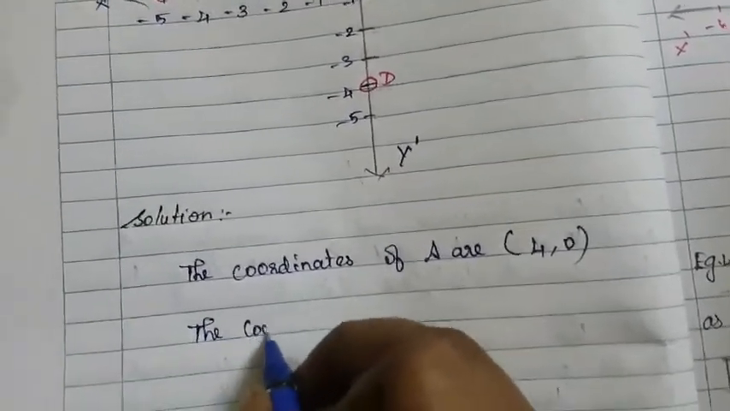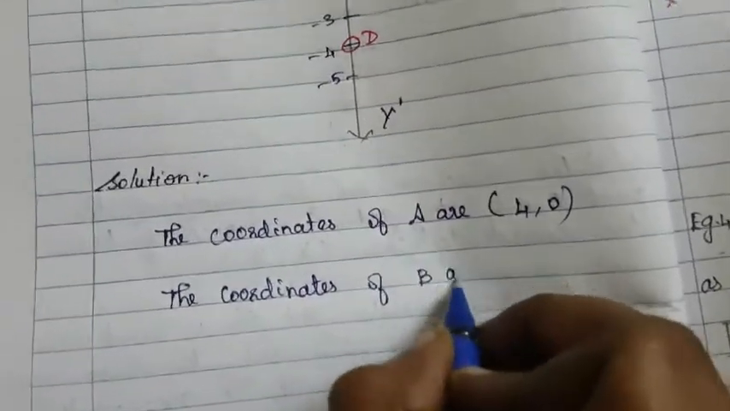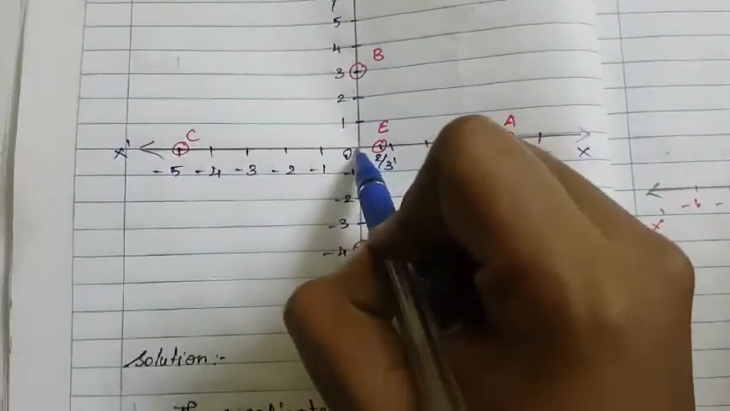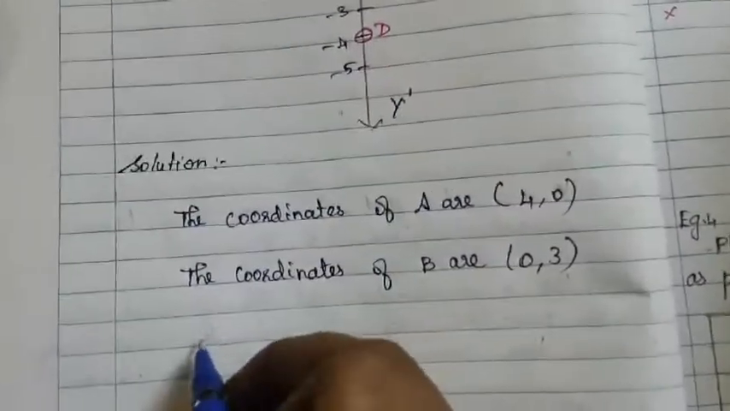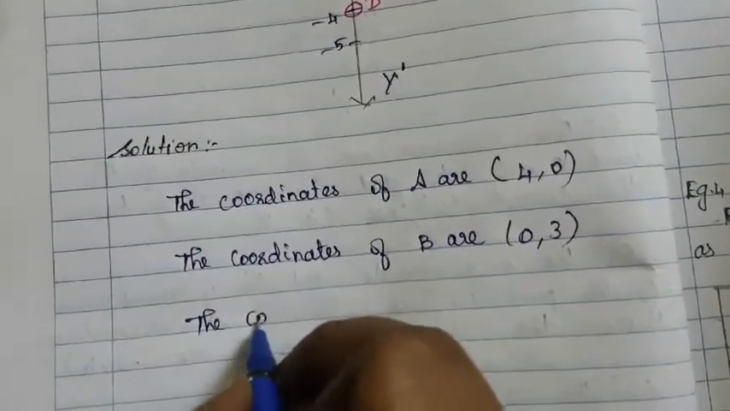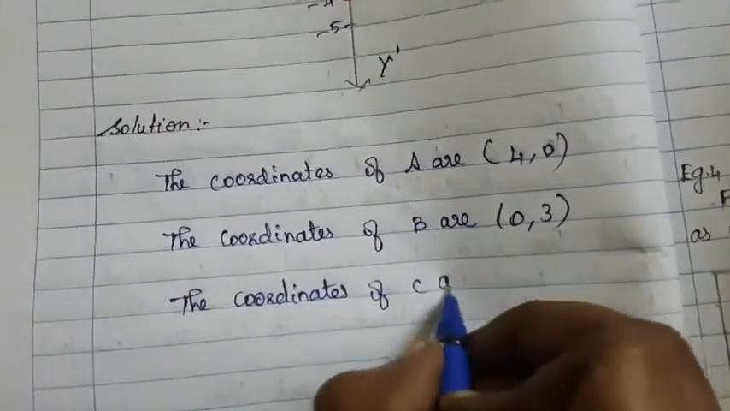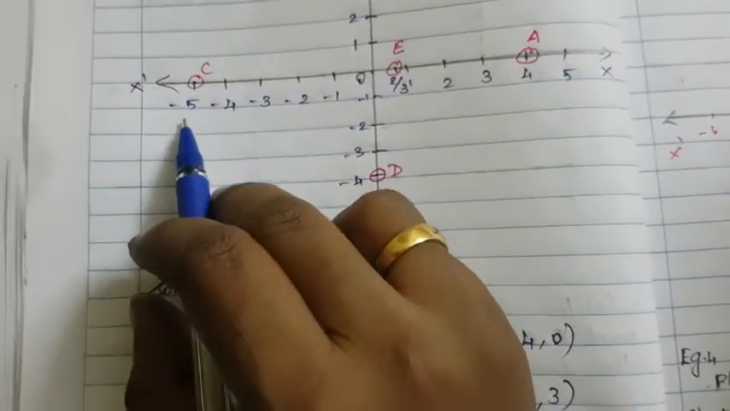So just write the statement. The coordinates of B are. So what are the coordinates of B? First we have to find the x value. The x value is 0 and the y value is 3. So let's write 0, 3. Now we are going to see the point C. So let's write the statement. The coordinates of C are. So what are the coordinates of C? On the x-axis it is -5 and on the y-axis it is 0. So this can be written as